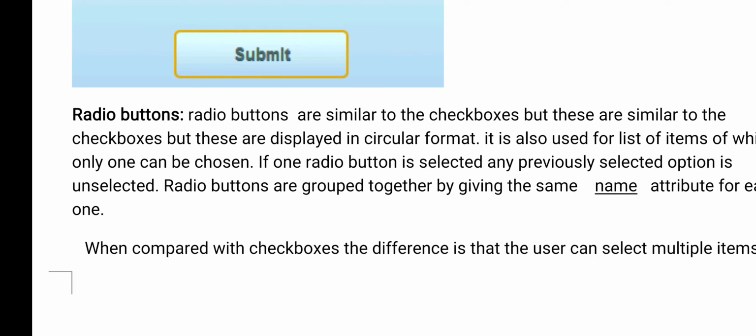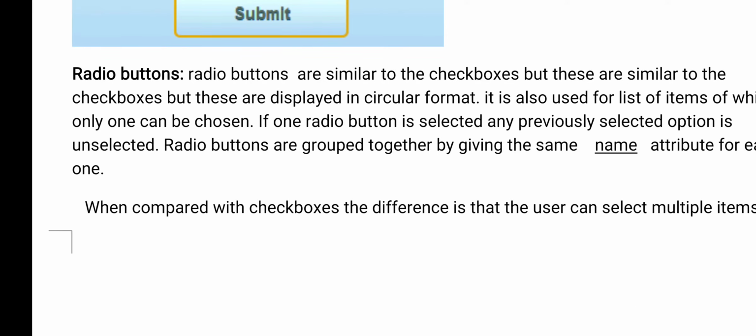The selection process is common in checkbox and in radio button. The first time you select, that is considered as the input. The second time you select, it is deselected. Okay. Now, one more condition is, if you are using a number of options in radio buttons, for all those options the name attribute value should be common, because here the user needs to give only one value. So where the user needs to give only one value, in those cases the name attribute value should be common for all the inputs.